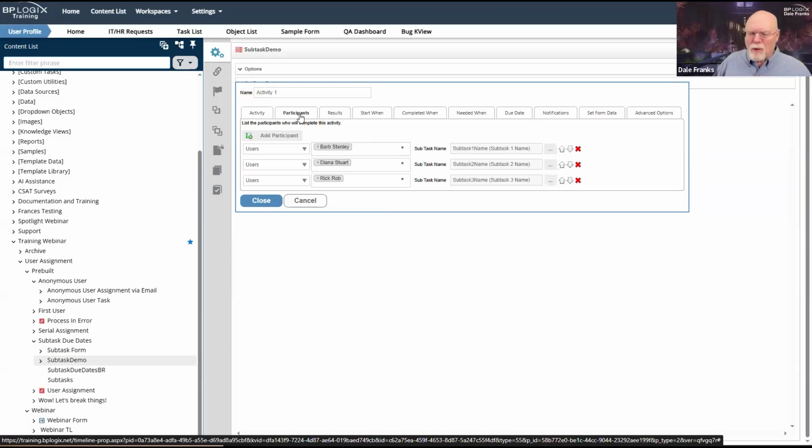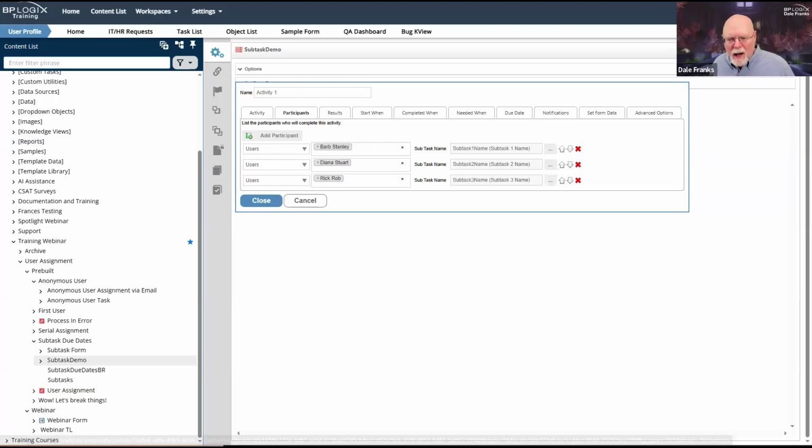So if I have some reviewers who I want to see this, and I don't want reviewers 2 or 3 to see it, if reviewer 1 says, I want this changed, and I'm not going to approve it until some change is made, then that's great. Diana and Rick never actually have to see it. So there are some times when subtasks make sense. We don't use them very often.